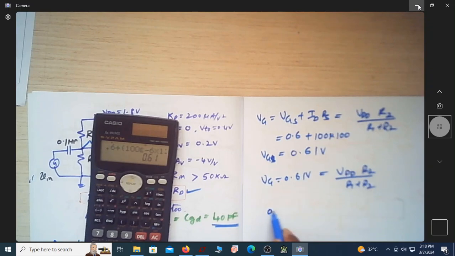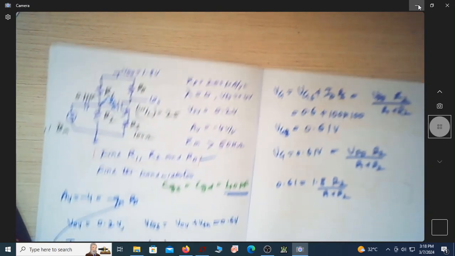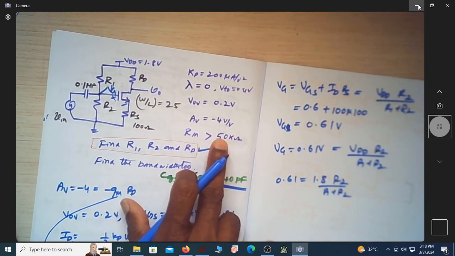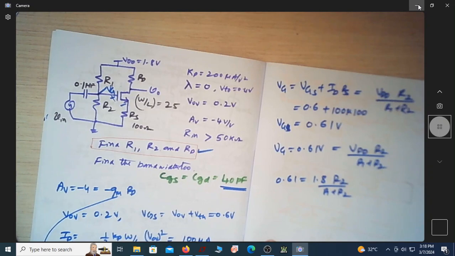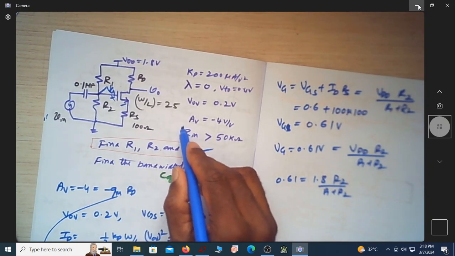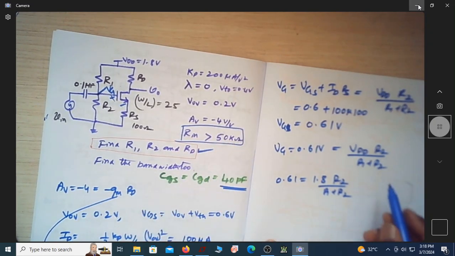So we know 0.61 is equal to 1.8 R2 by R1 plus R2. Now we have to find R1 and R2, but both are unknown. One hint is given: I cannot assume some arbitrary value for R1 or R2. Since I want to get R input impedance of more than 50 kilo ohm, I know that R input impedance is nothing but R1 R2 by R1 plus R2,